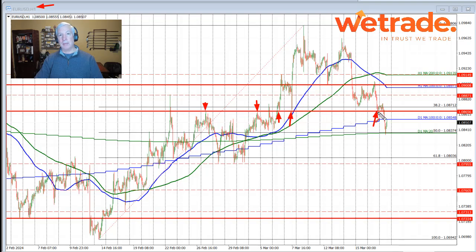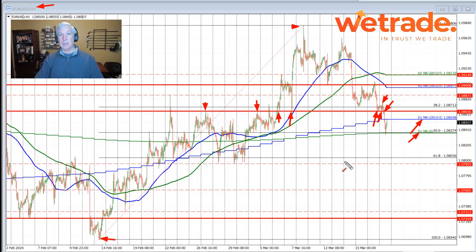So yesterday we came down, tested that level, found support buyers, and moved marginally higher in the Asian session, back above the 38.2% retracement of this move up from this low to this high right here, but could not sustain that momentum. We fell back below the level after one last test right through here. We started to see increased momentum. That momentum took the price below the 100-day moving average at 1.08548,